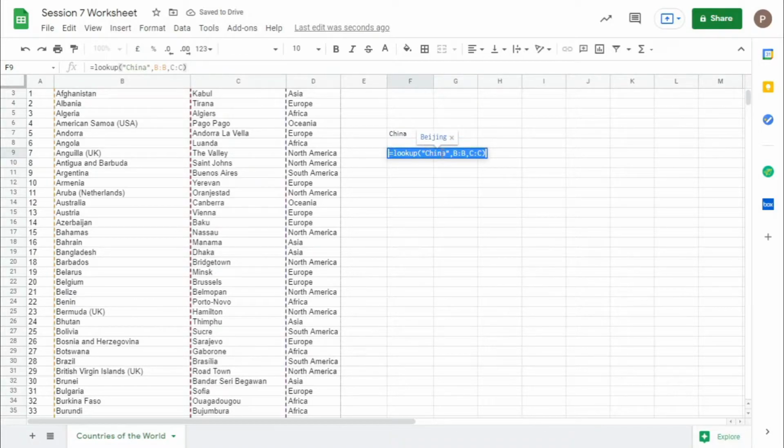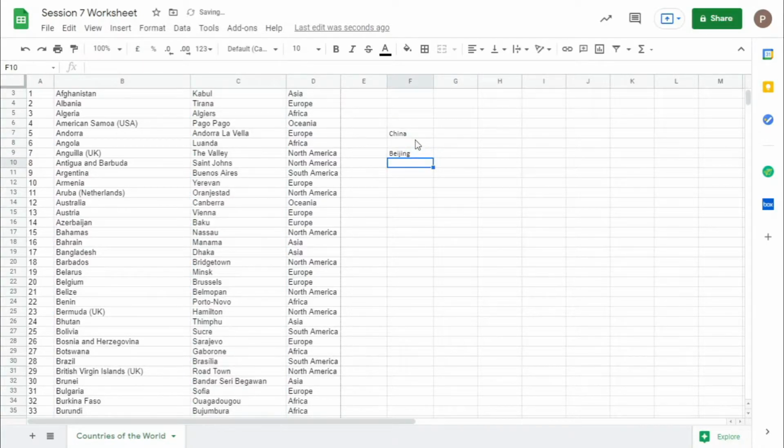But you basically give a reference to a cell, since every time you want to change China here and find another value, it would become difficult for you. If you give a cell reference, whatever you change, you will get that. Let's say Australia, Canberra. Whenever you change the value in that particular cell, you will get the capital of that country. So doing this is very useful for you.